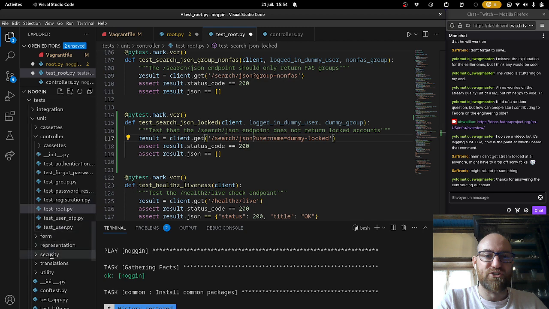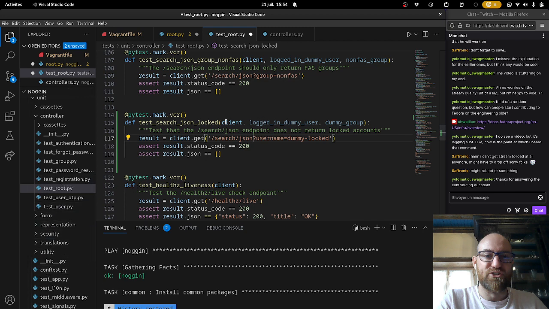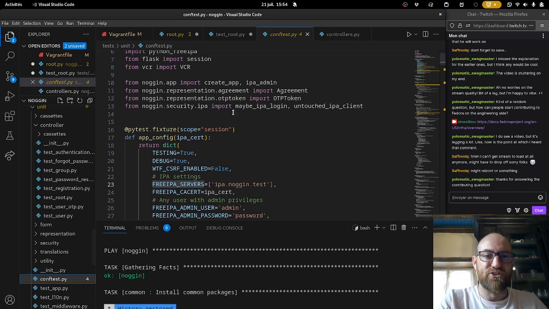And I'm going to look at how we create the logged in dummy user first. Dummy group, I don't need dummy group. I'm going to have a look at how I create this. So logged in dummy user is a fixture that comes from probably the conf tests module here.